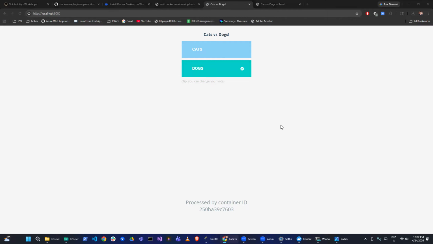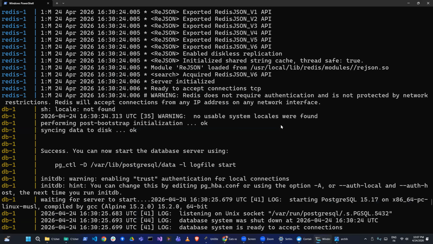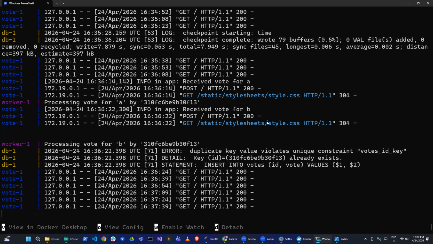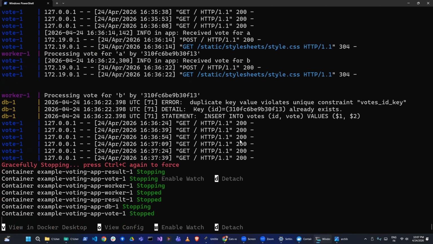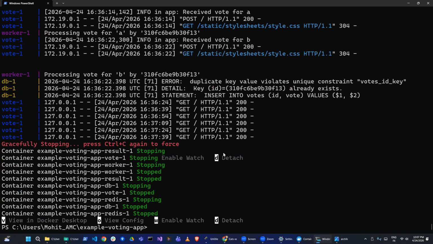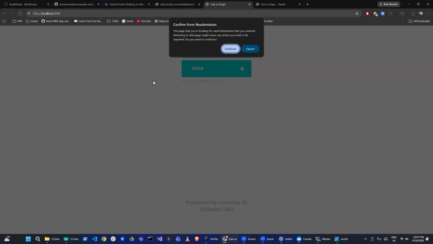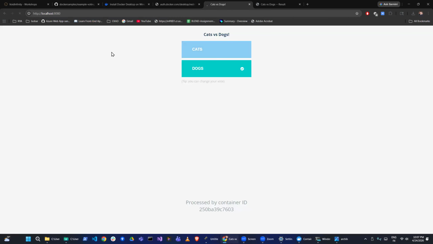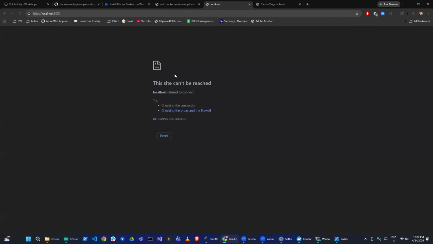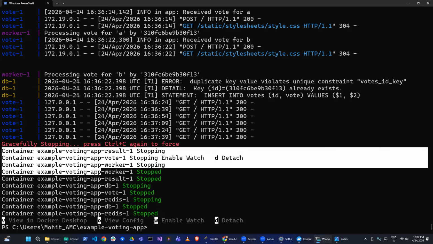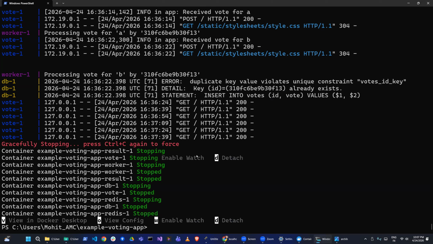So what you need to do now is, let's stop this application by typing Control C. Okay, so by typing Control C, the application is now stopped. How to verify? Let's go and refresh again. Now it is unreachable. Okay. So Docker has stopped all the application,